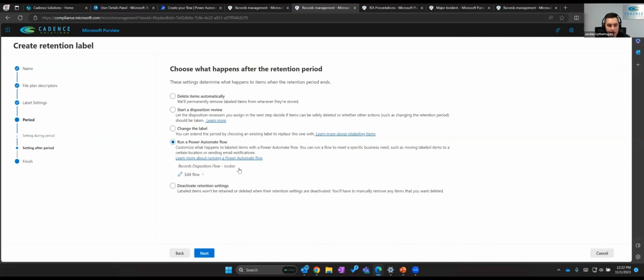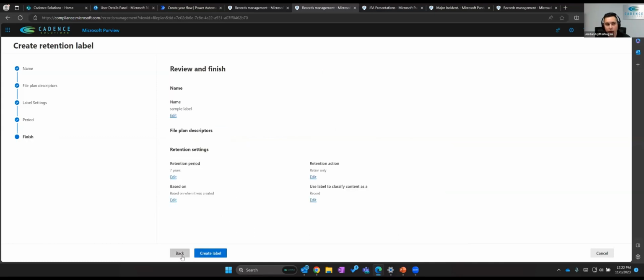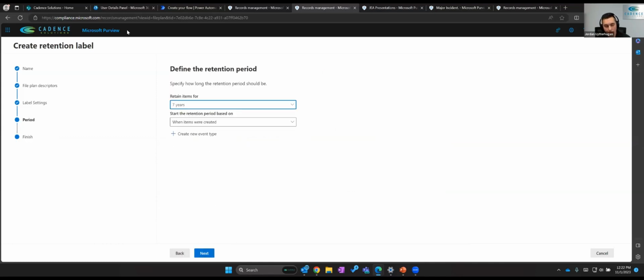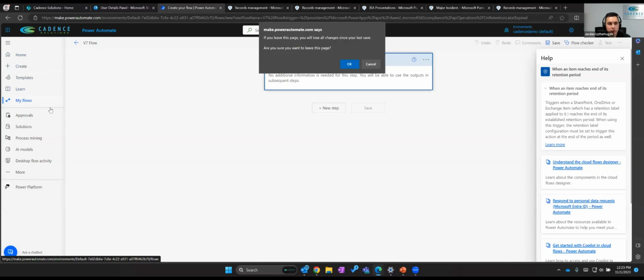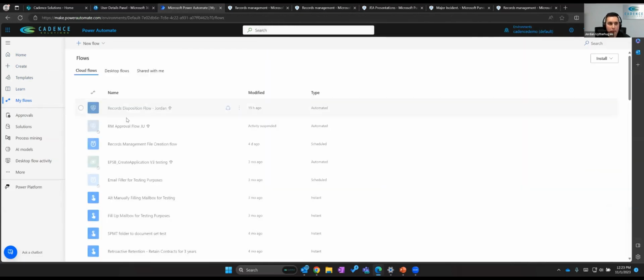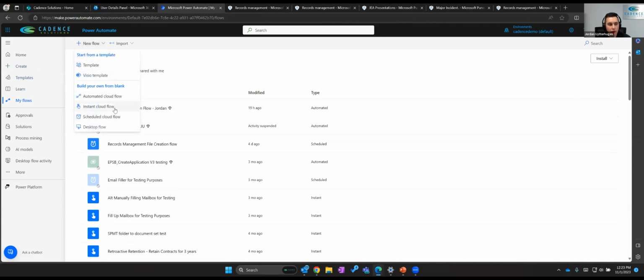I can apply and connect this and simply click next and create my label if I like. I'm going to actually show you the Power Automate side of things and show you some of the flows here. So inside of here, if I do want to go through and create a new flow,